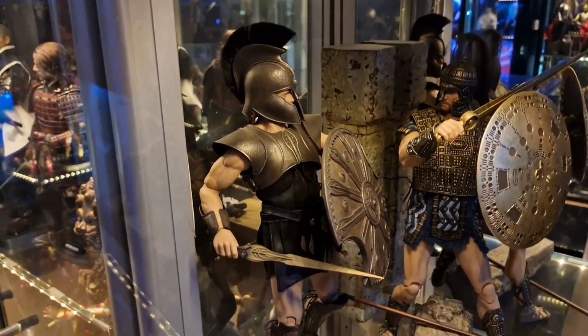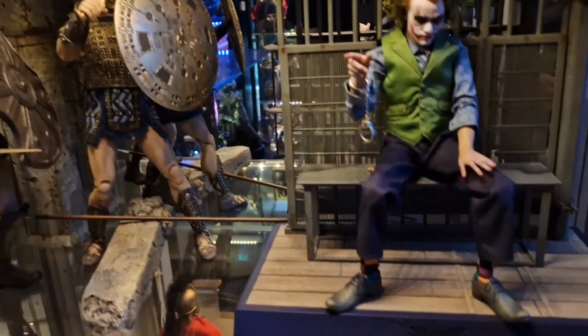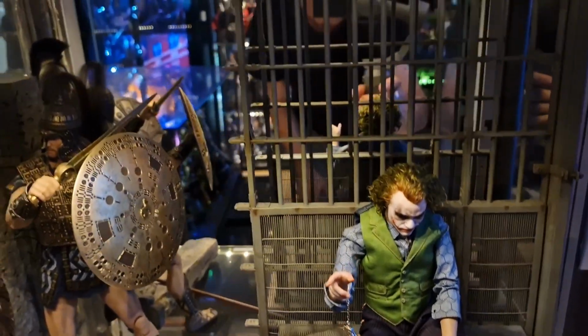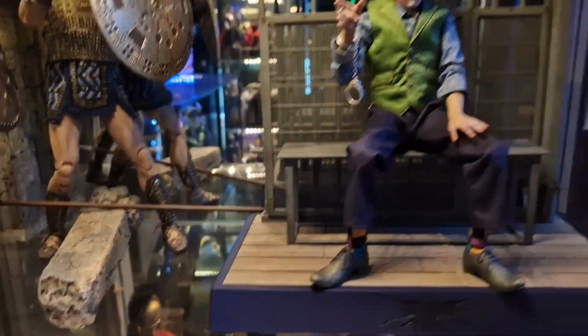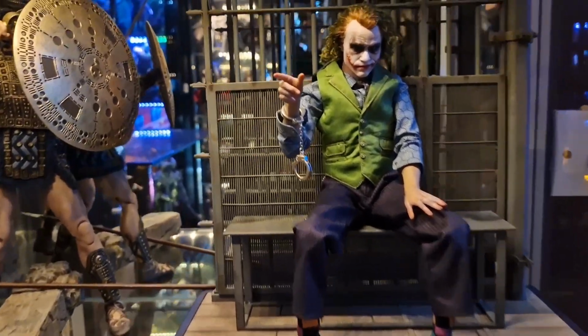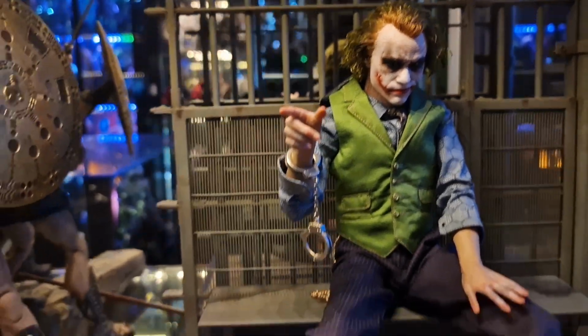There's more versions of them coming out now. And then you got the In-Art Joker, which I did one. Still got to find the correct place for him, but an absolutely stunning figure. That is the rooted hair one,